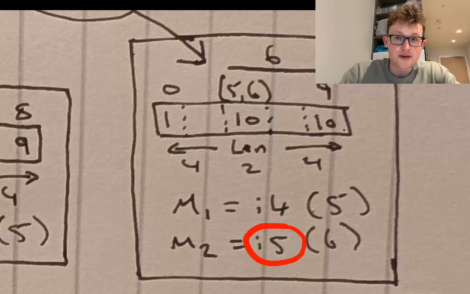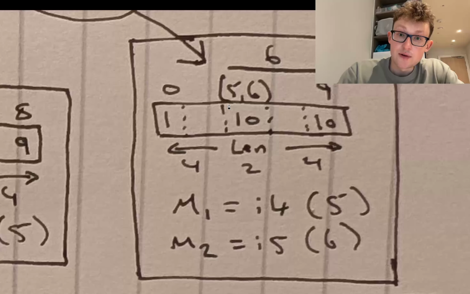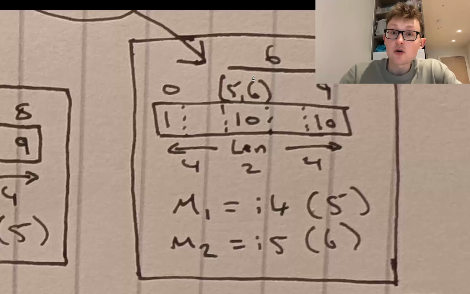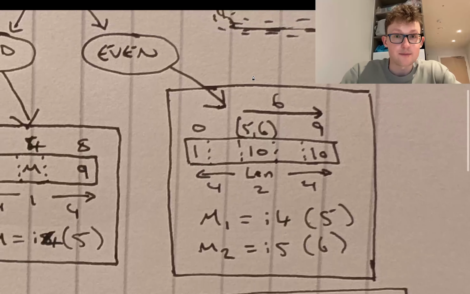So you do your division to get to here, but then you want to go 1 step backwards as well. So to get the middle of an even array, you want to divide it by 2 and then adjust it down by 1 to get the first middle. And then you want to keep the original divide by 2 for the 2nd middle. And then when you know both of the middles, you add them together and divide by 2. You get the average. That's the way you do that.